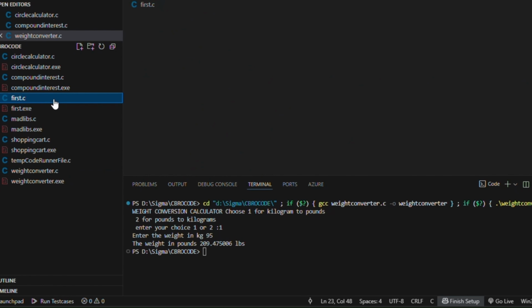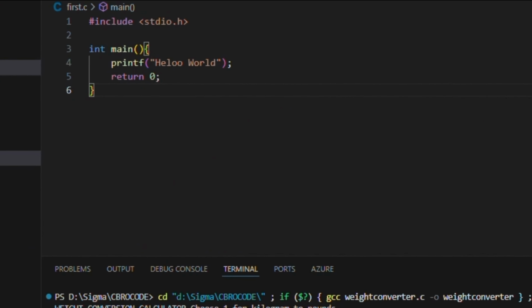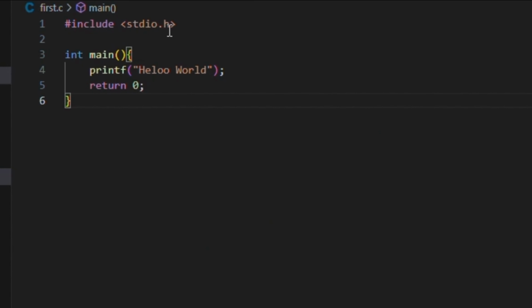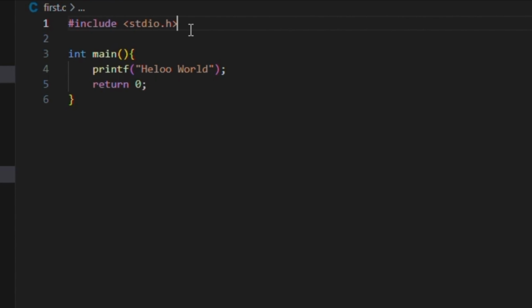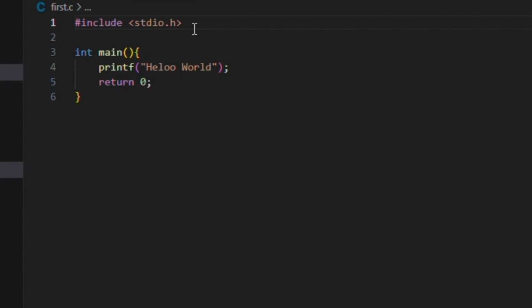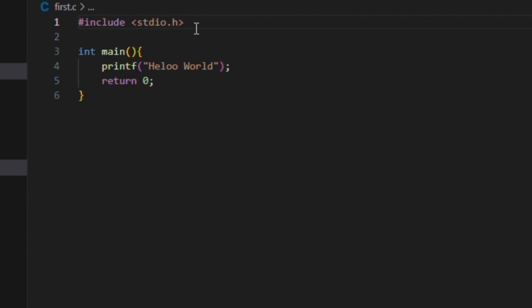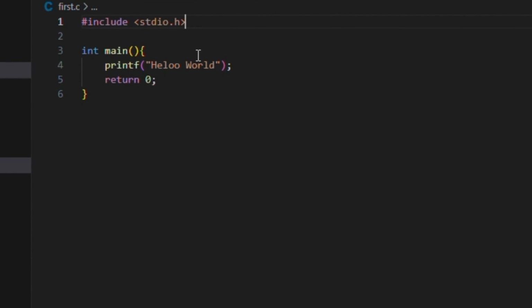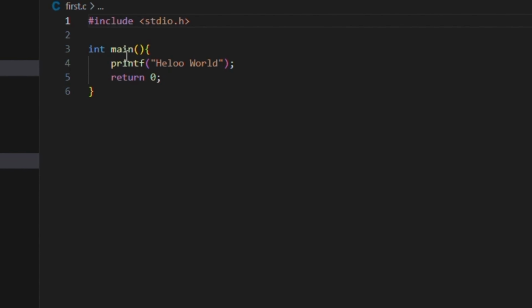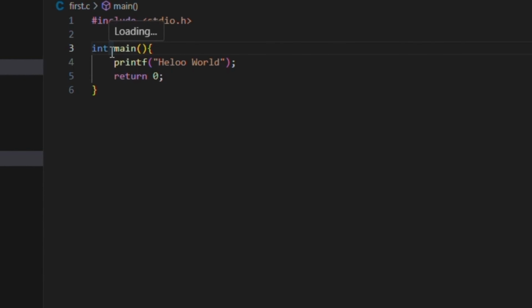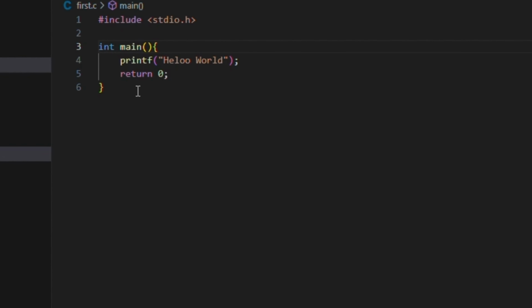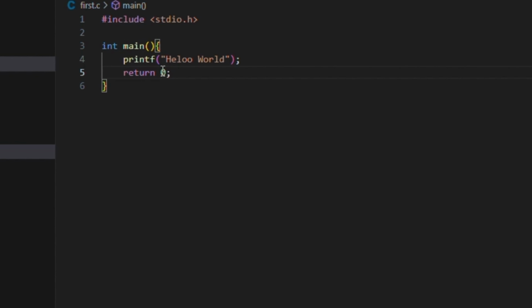So here is your first C program which you must write today, which is #include <stdio.h>. This specifies that we are importing a file called standard input output.h, which helps us to do standard input and output operations. Now we will declare a main function which returns an int. This tells us that this function will return an int, so at the end we return